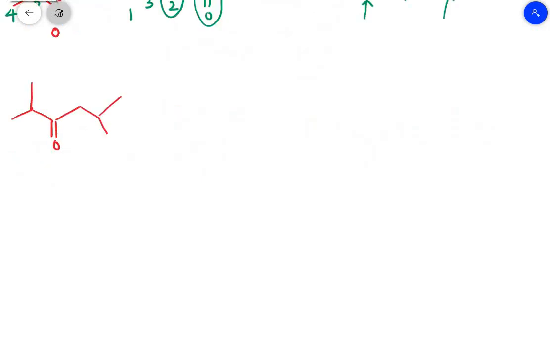In this next example, students, we are going to write the numbers 1, 2, 3, 4, 5, and this becomes 6. From this we should understand that if I write from this side 1, this becomes 1 here, and this becomes 2, this becomes 3, and this becomes 4. So the ketone group would have number 4. That would be exactly wrong. So therefore we are writing it from the left hand side. So therefore in order